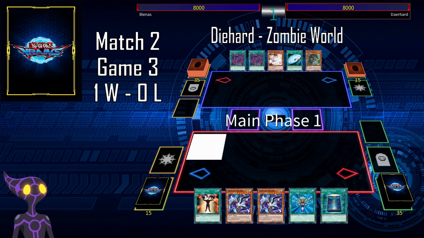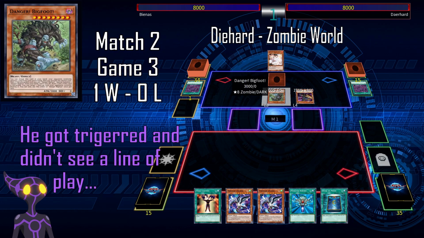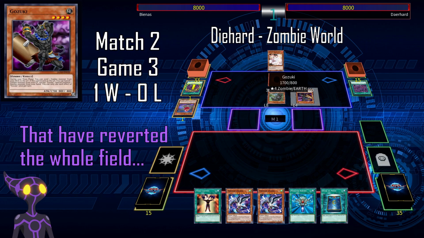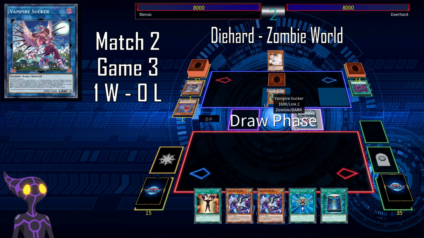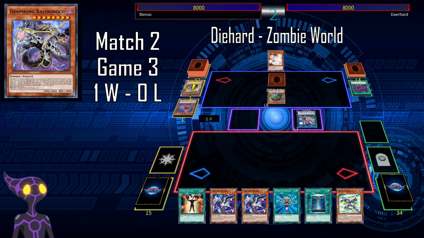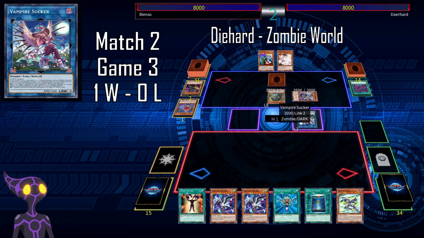Game 3 starts, and we don't have one of the best hands possible, and he starts with Zombie World on the field, gets a Bigfoot on the field and normal summons Gozuki. Gozuki will send the Glow Up Bloom. He then goes into a Vampire Sucker. During the standby phase, he is going to get Doom King Baldrock back and trigger the effect of Vampire Sucker